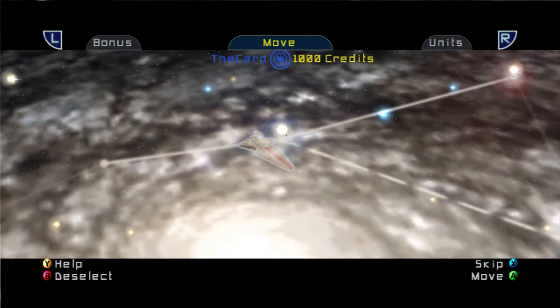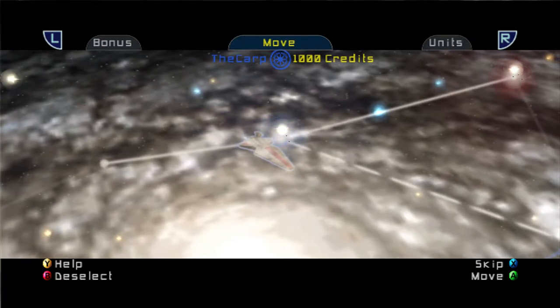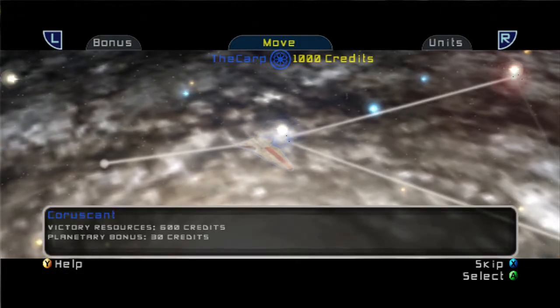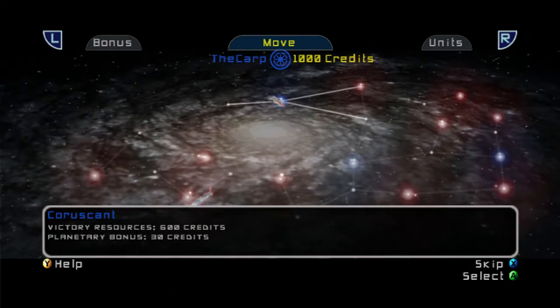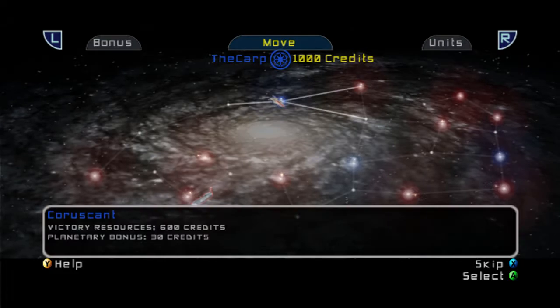It's Star Wars Battlefront 2, which I'm sure a lot of you have not played. I'm going to be doing Galactic Conquest in this video. And what Galactic Conquest is, you basically just try to take over all these planets. The red ones are the enemies, the blue ones are mine. So we've got Coruscant,